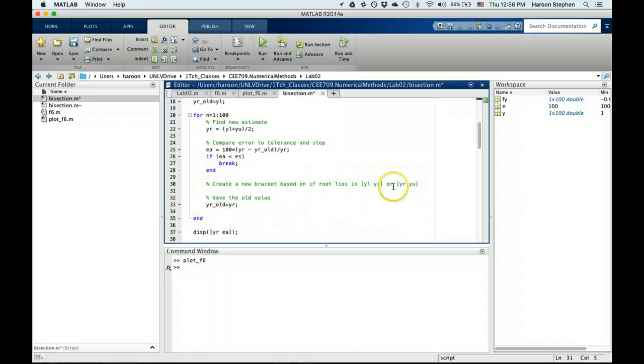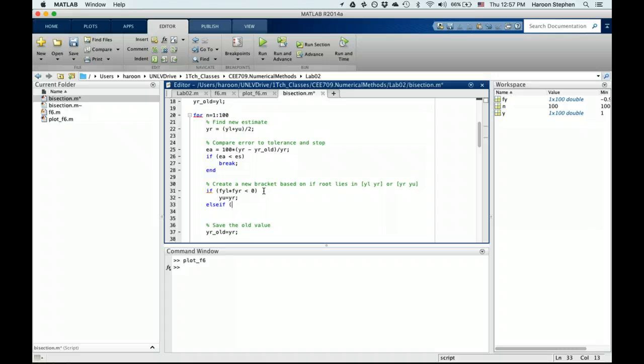The only thing that remains is updating the brackets. And here again I can write an if command where I can say if the function on left times function at the new estimate is less than 0, that means the solution lies in this bracket. So now YU should be replaced with YR, so I have a new smaller bracket. So in this case, YU is equal to YR. Okay. Else,